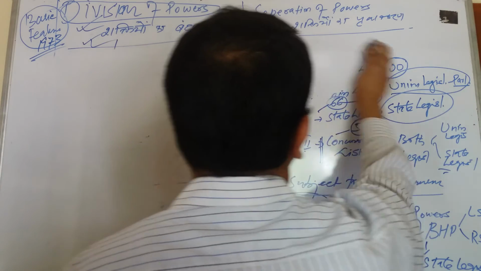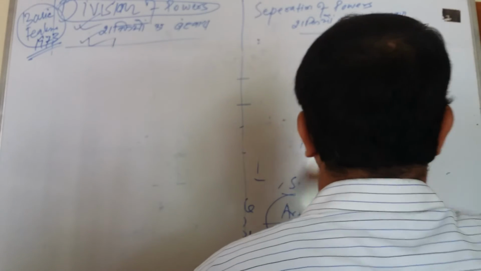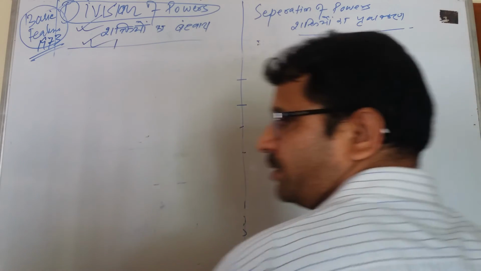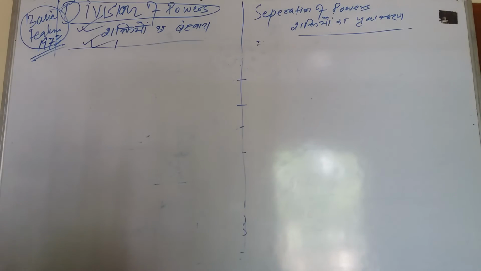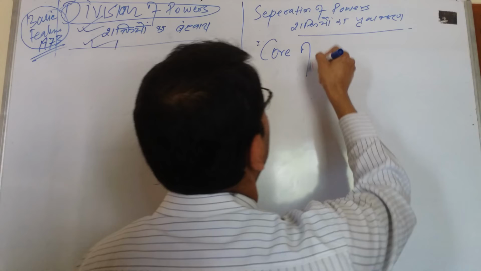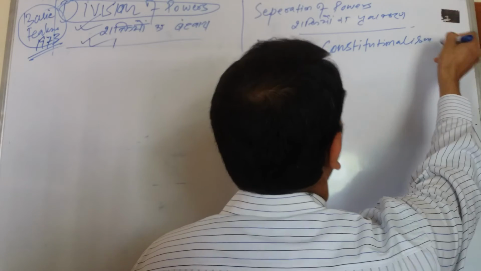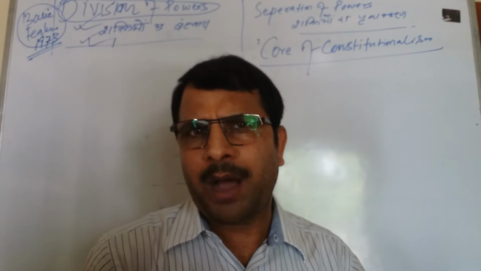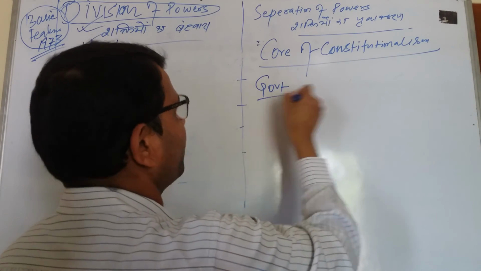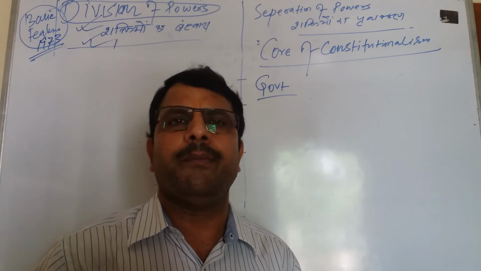Now look at what this separation of power is. Whether division of power is the same as separation of power, division or separation, is sometimes confusing for some students, but I need to clear it up. Separation of power is also a core of constitutional doctrine, core of constitutionalism. So let's understand what separation of power is and separation among whom. You know that government has three organs. Any government, be it the American government or the Australian government or the Canadian government or the Indian government, has